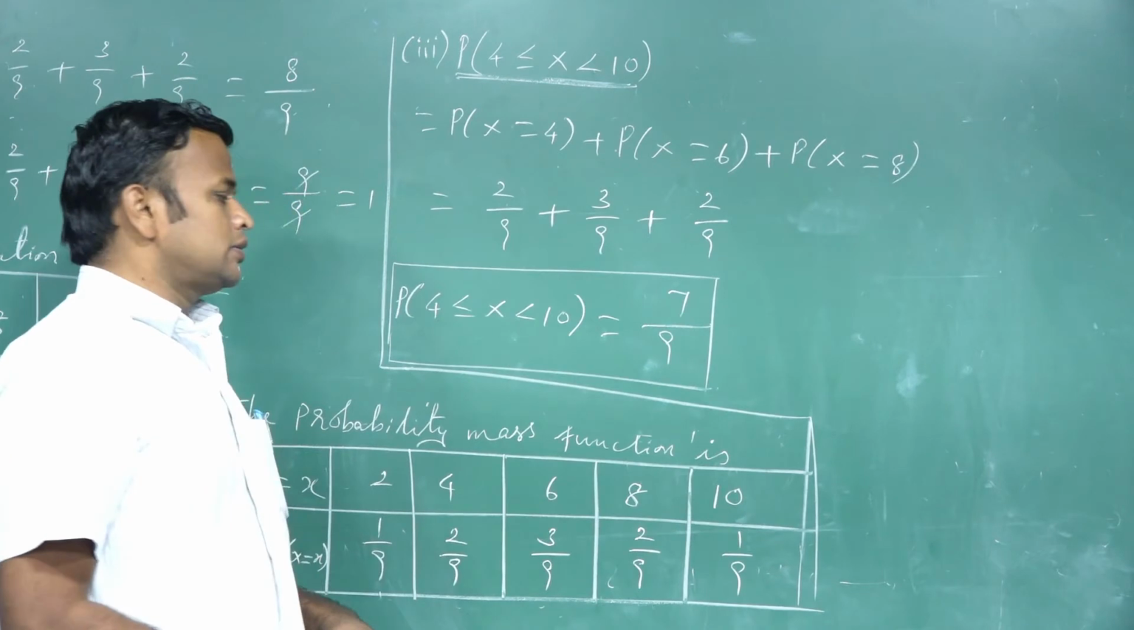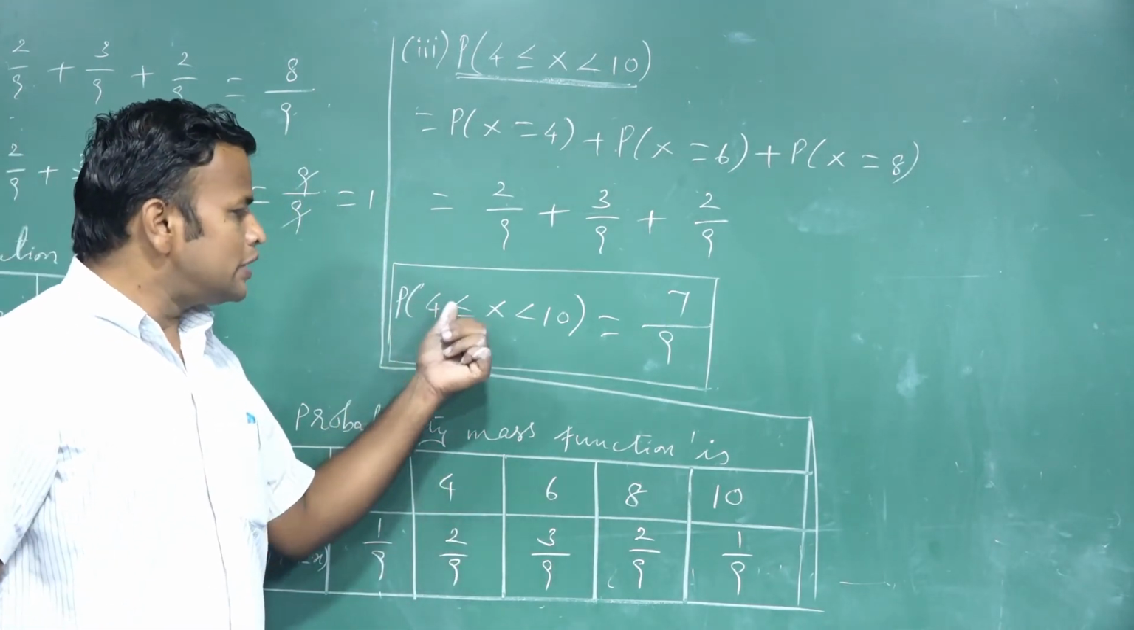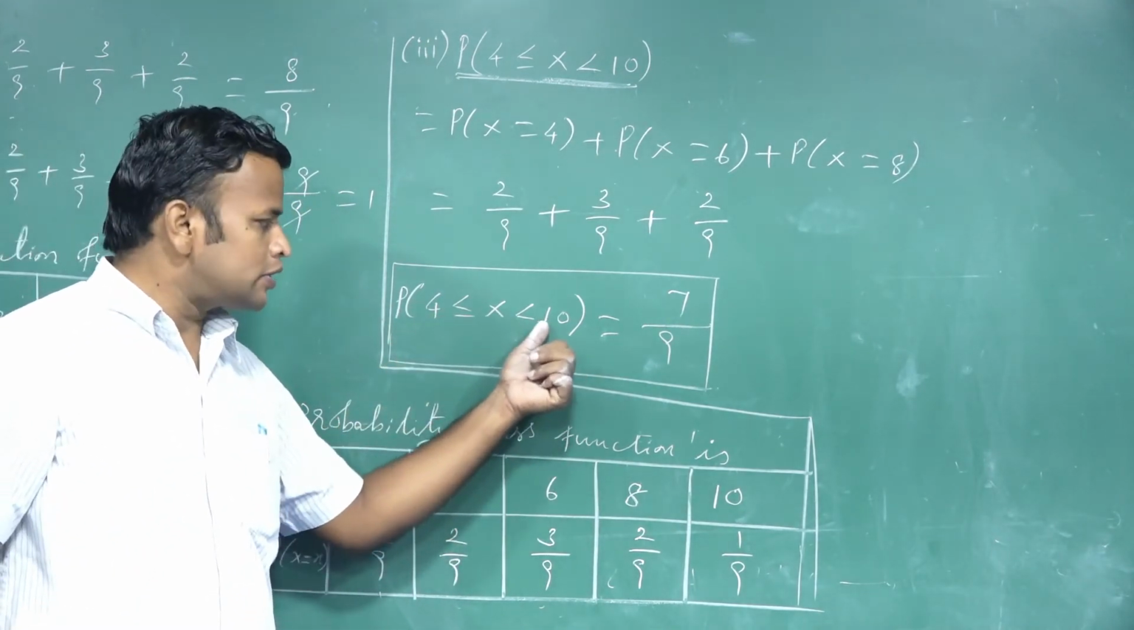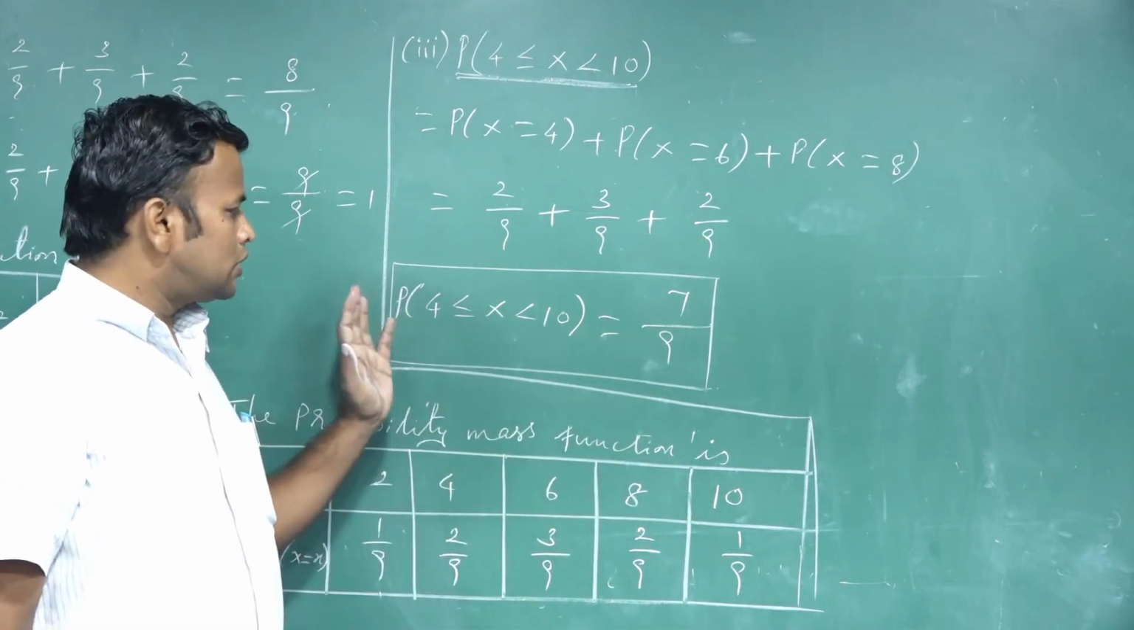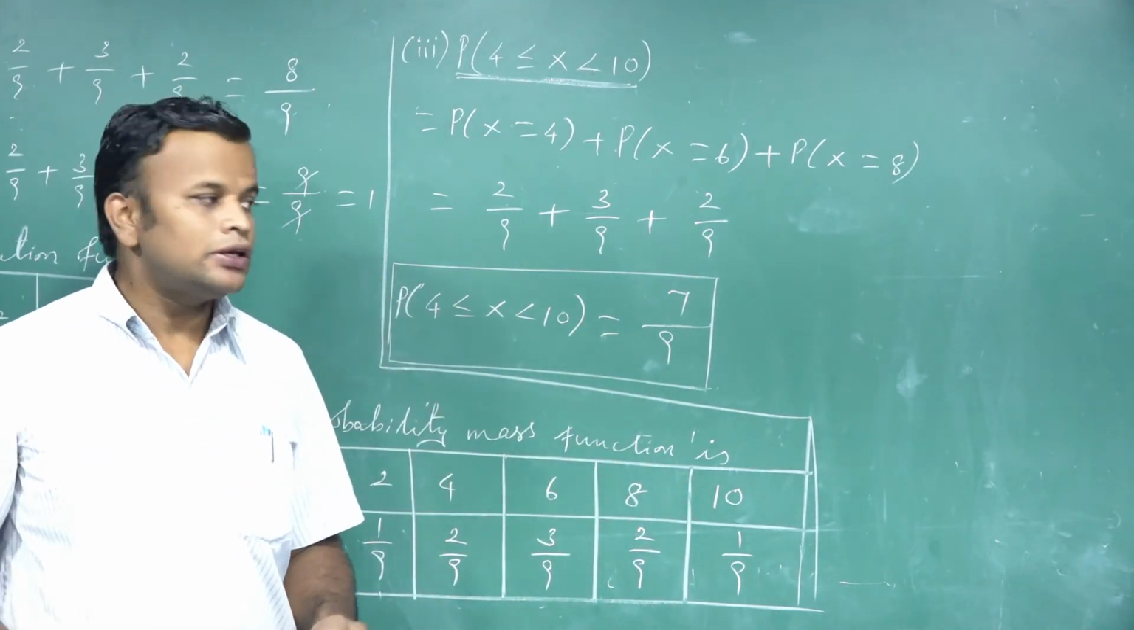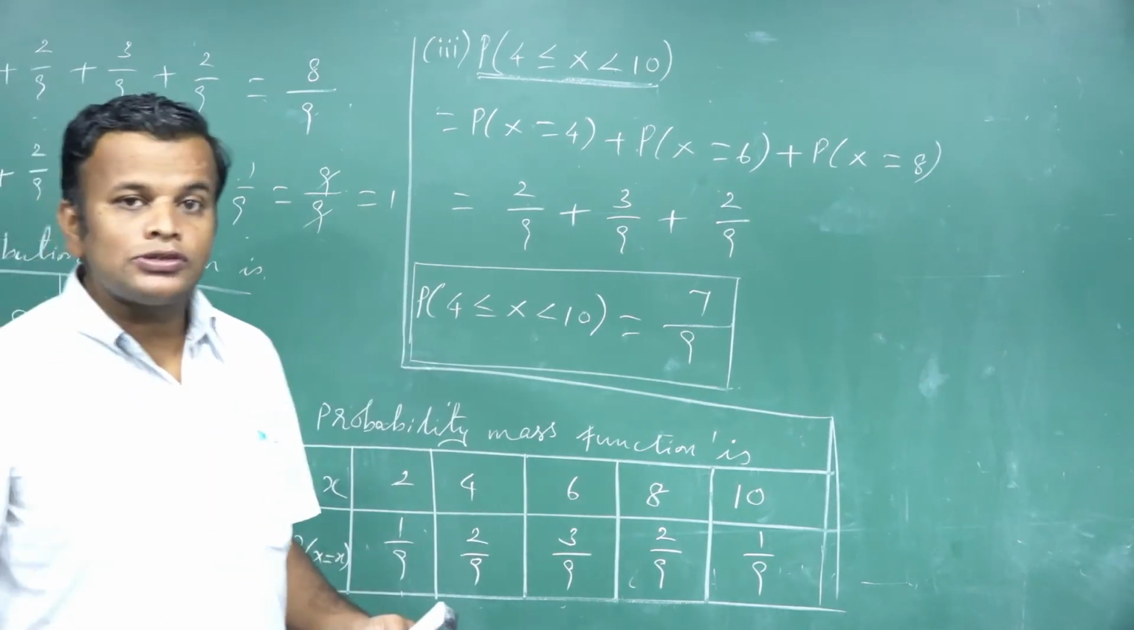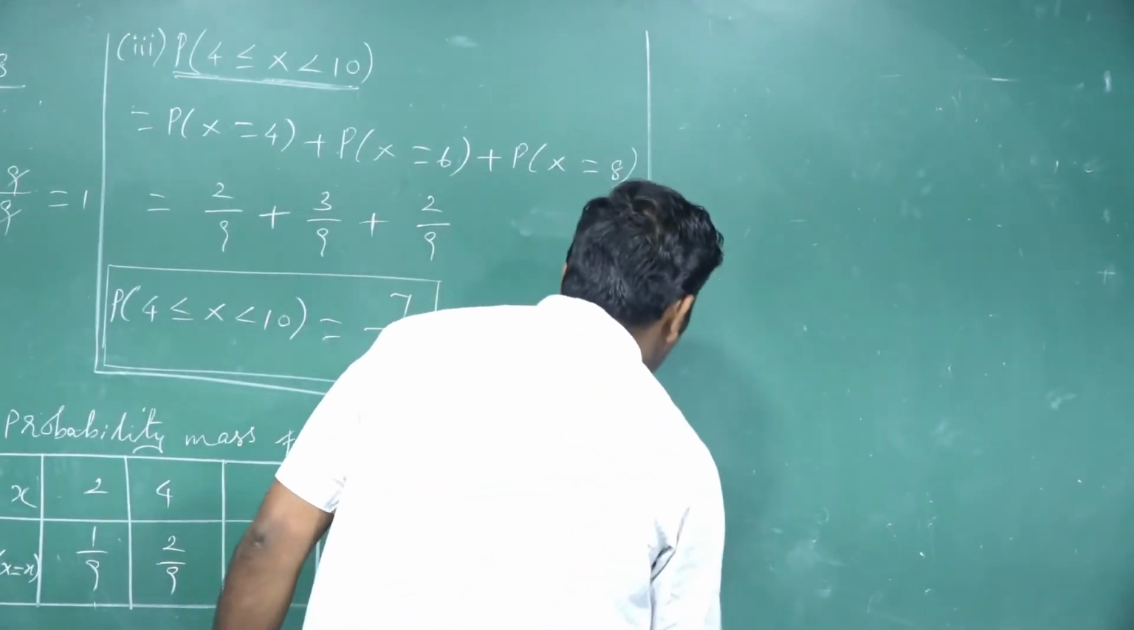In the question, it may be P of 4 less than x less than or equal to 10, or less than or equal to 10 for x. So the third subdivision is over. That value is 7 by 9. One more subdivision is there. The last subdivision is